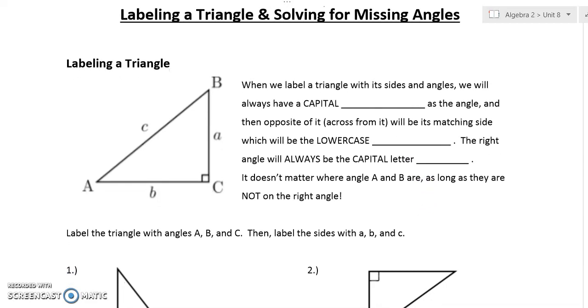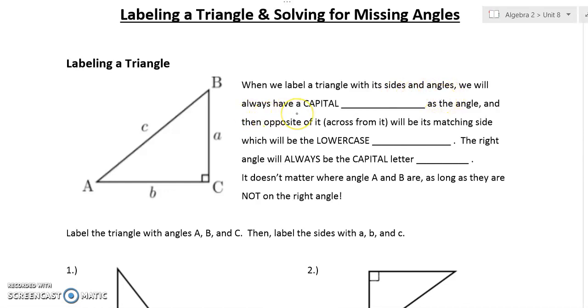Hi everybody, in today's lesson we're going to talk about labeling a triangle and solving for missing angles. We are going to talk about triangles, all of its angles and sides. So when we label a triangle, just so that we have clear communication, we label its sides and angles, and